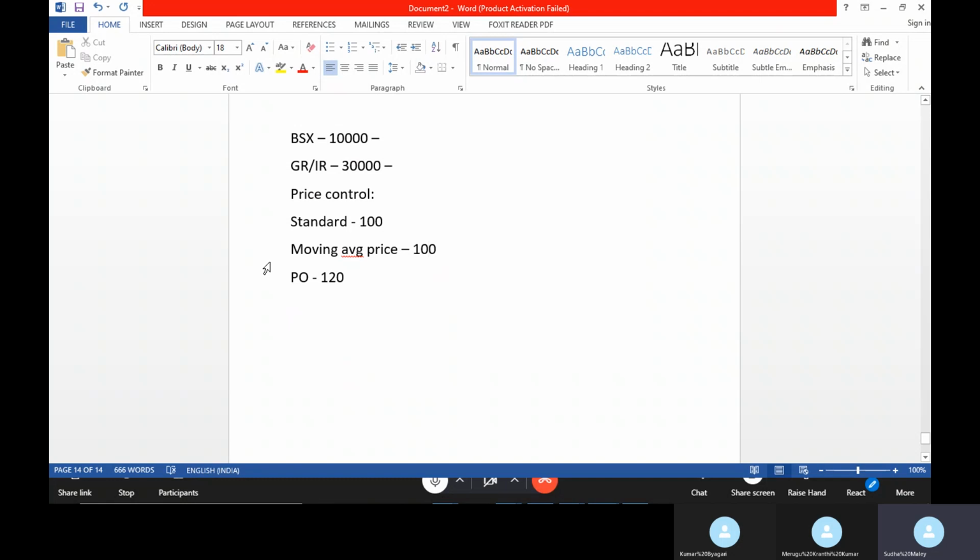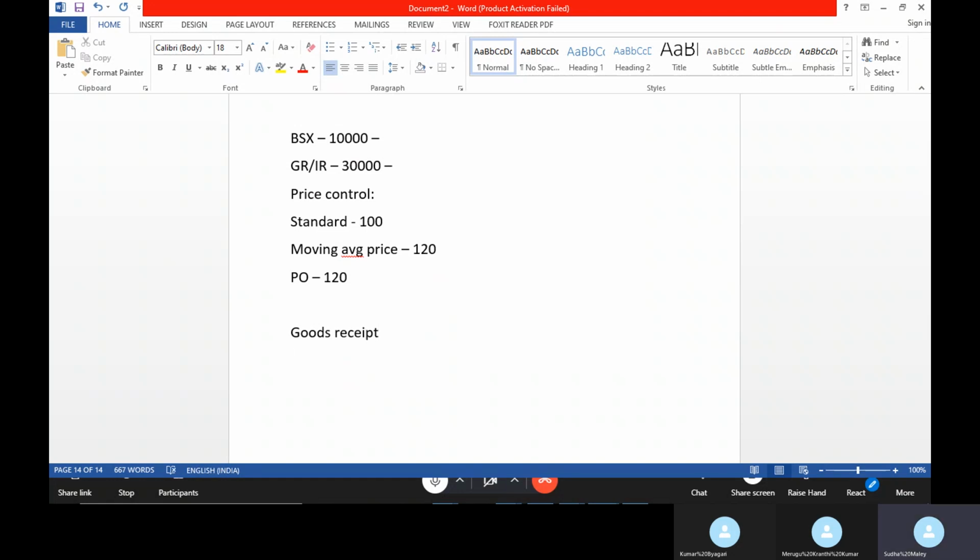According to the market demand, the price will update, so the price will convert in your material master to 120. But the standard price is not like that. It will not convert. Whether the price is increasing or decreasing, the standard price is constant. So when you are posting a goods receipt, is it?